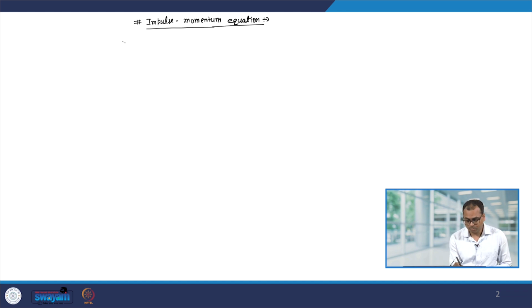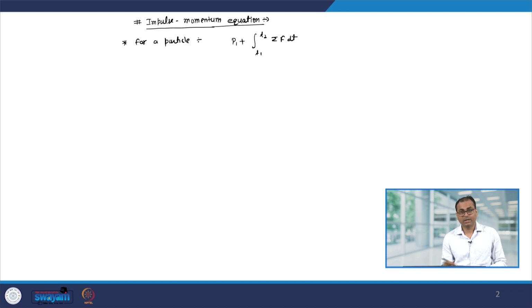So, we already know that for a particle, the impulse momentum equation is initial momentum P1 plus the integral from T1 to T2 of F dt, which is the impulse, equal to the final momentum. Now, we also know that the angular momentum of a rigid body